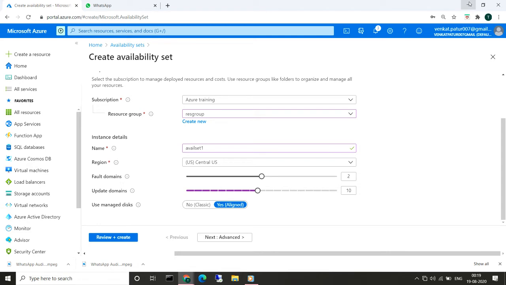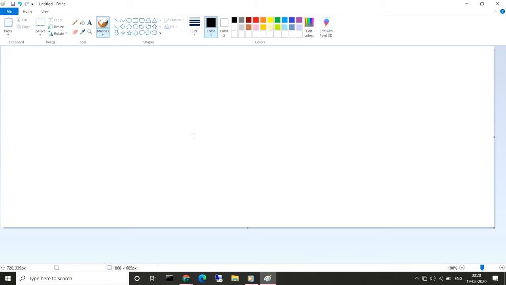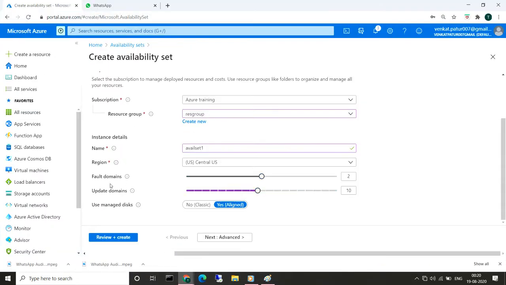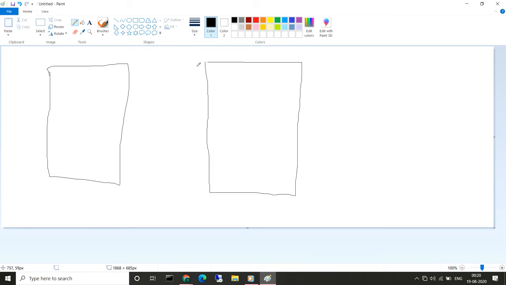If I show you clearly, see fault domain, update domain. For example, this is one physical server, and this is one more physical server.